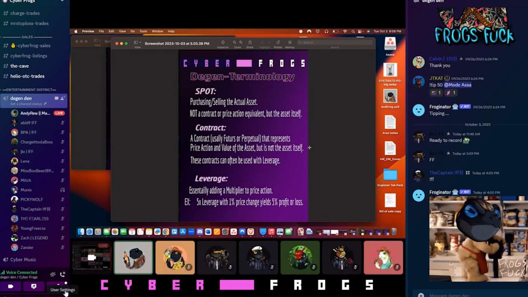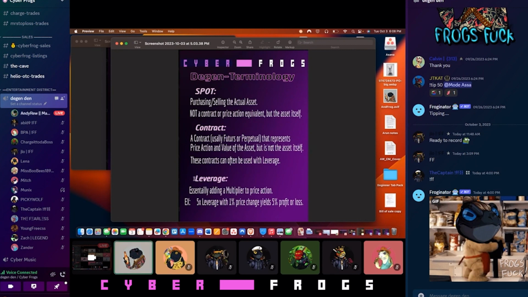When you do trade perpetuals contracts, you'll do one of two things. You'll go long or you'll go short. When you go long, you're saying, I expect the price to go up from here. When you go short, you're saying, I expect the price to go down from here. We can get into the nitty gritty if you want to, but essentially you profit if you make the correct choice. If price goes up and you're in a long, you'll actualize gains. If price goes down while you're in a short, you'll also actualize gains.